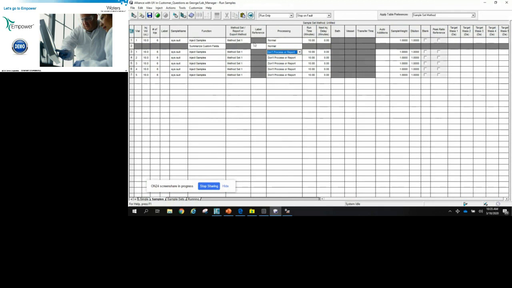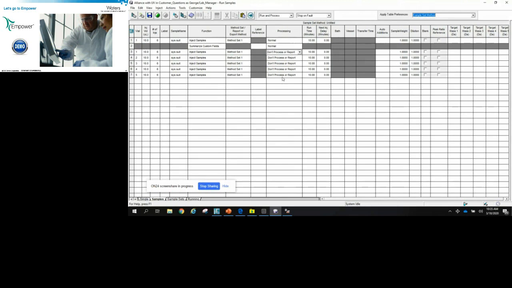Okay, so now there's 1 or 2 ways that we can do this. If we are indeed going to generate results for the system suitability samples, then in the method set, we have to have the processing method. And there are 2 ways to look at this. One way is we could be in the run and process mode, and we only have normal processing for our system suitability sample.